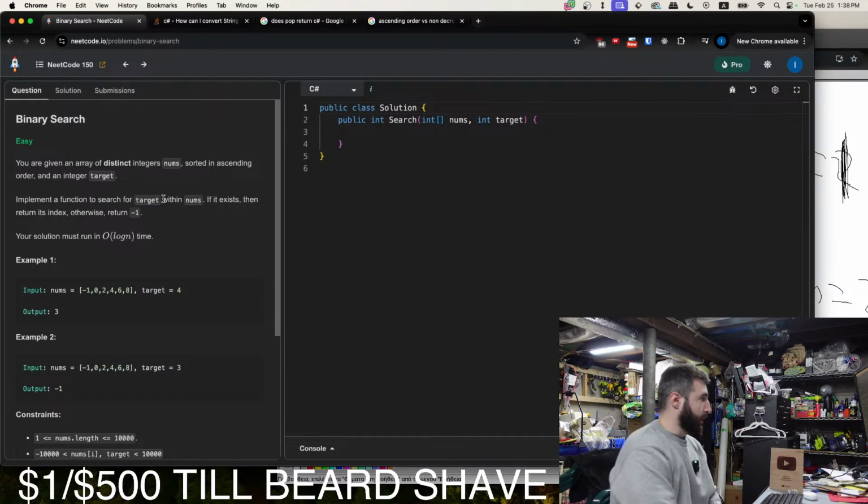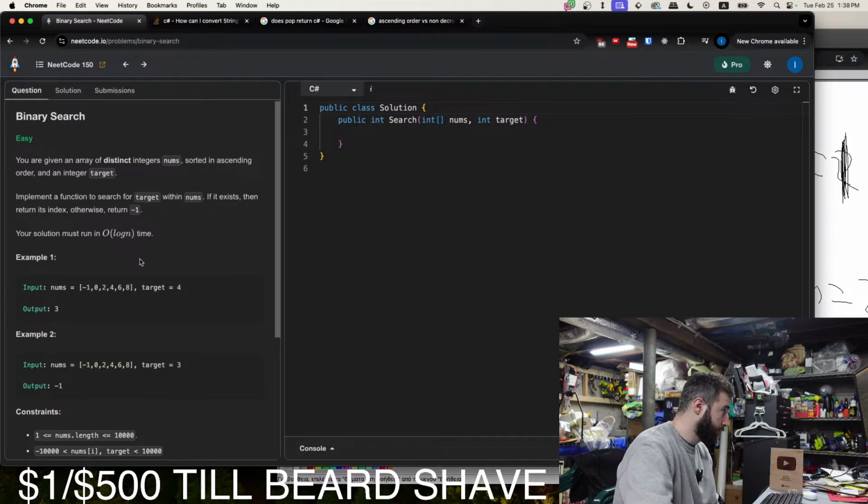So we get an array of distinct integers, nums. It's in ascending order and an integer target. Implement a function to search for target within nums. If it exists, then return its index. Otherwise, return -1. Your solution must run in O log n time.